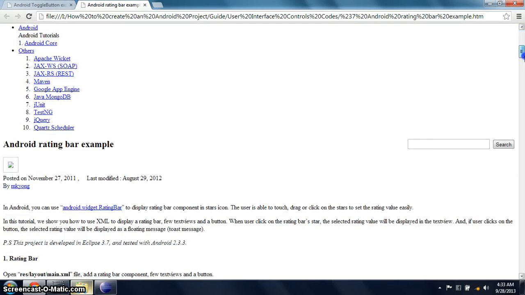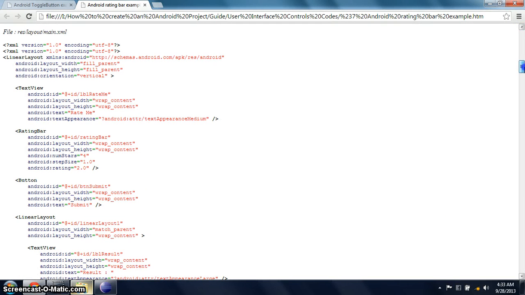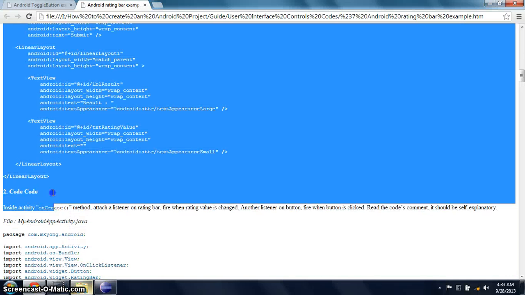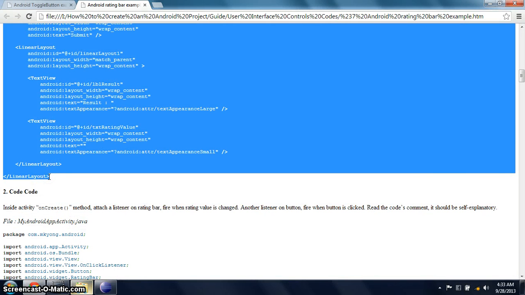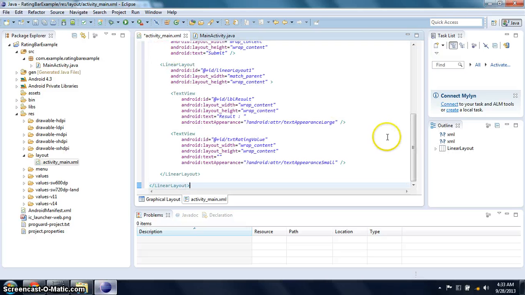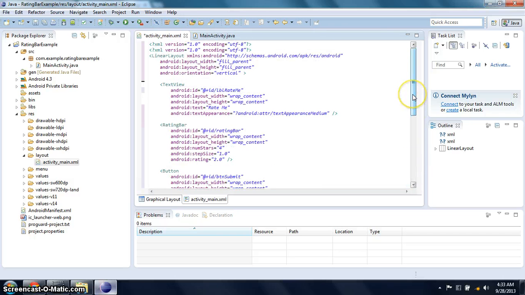So here's the sample codes that I've downloaded through the internet. So just copy this code, copy, then paste it in the text field. Then click save.